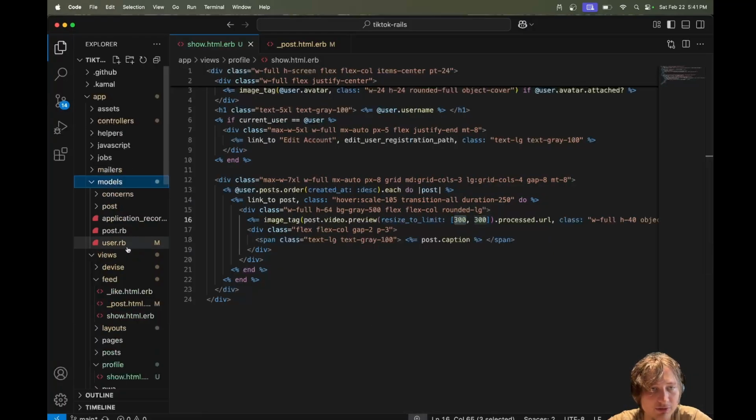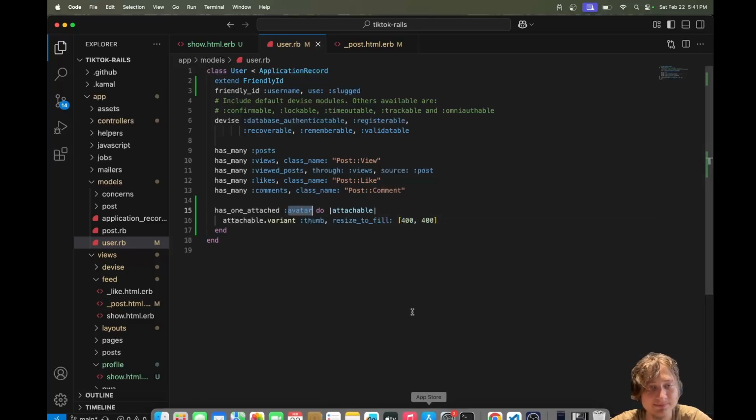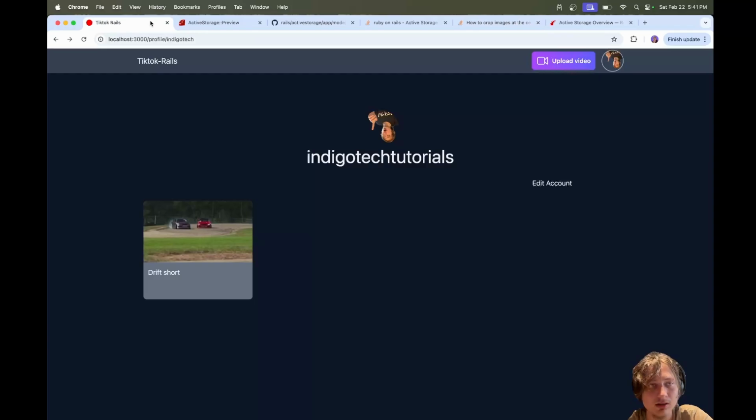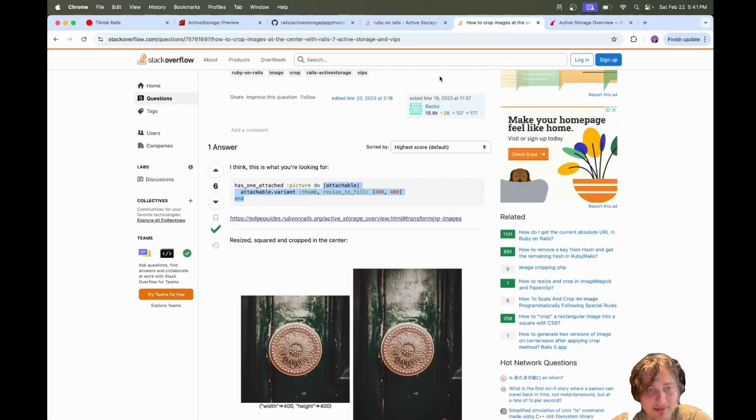So right off the bat, we might as well create a preview for that too, which we could do with this sort of code. So let's do that for the avatar first. Let's go to the models user, and right here for the has one attached avatar, I can just add this block, and we're going to create a thumbnail, which is 400 by 400. Already that's going to be way faster. So that should be good. And then to render that,